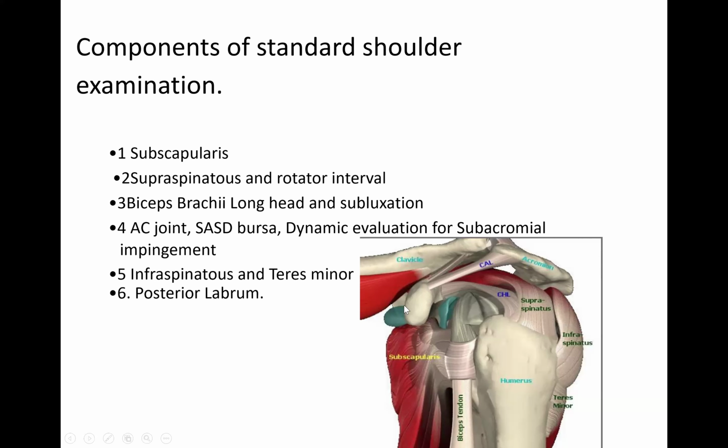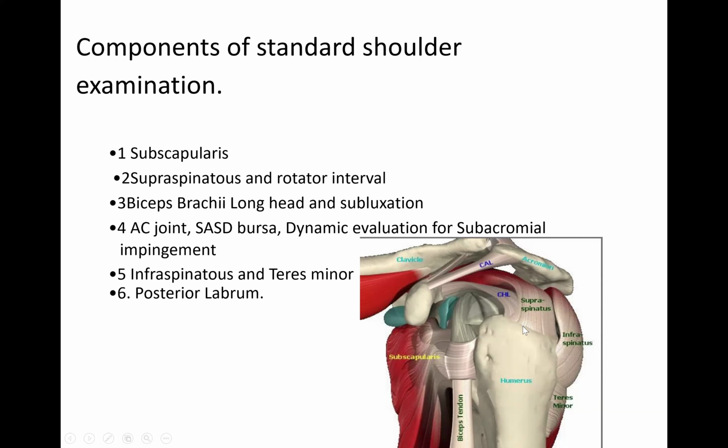Just refreshing a little bit of anatomy. The shoulder is surrounded by the rotator cuff muscles. There are four rotator cuff muscles. Anteriorly, we have the subscapularis, from the subscapular fossa, which attaches onto the lesser tubercle. Superiorly, we have the supraspinatus, coming from the suprascapular fossa, and it gets attached onto the